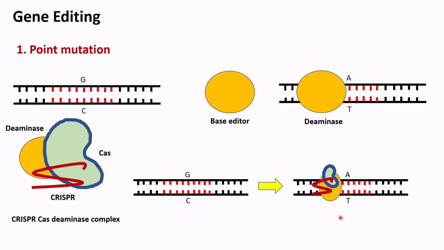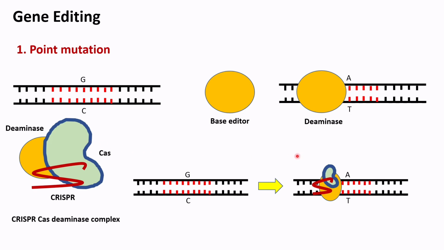To reach target site, base editor requires a proper guidance that is done by CRISPR. Because base editor itself is not sufficient to recognize the target site. Base editor does not contain any domain to bind CRISPR directly. We are using Cas here as an adapter. Because Cas contains a domain that is used to bind CRISPR. And we linked our base editor with Cas. And Cas binds CRISPR. So, now base editor will be capable of finding the target site.